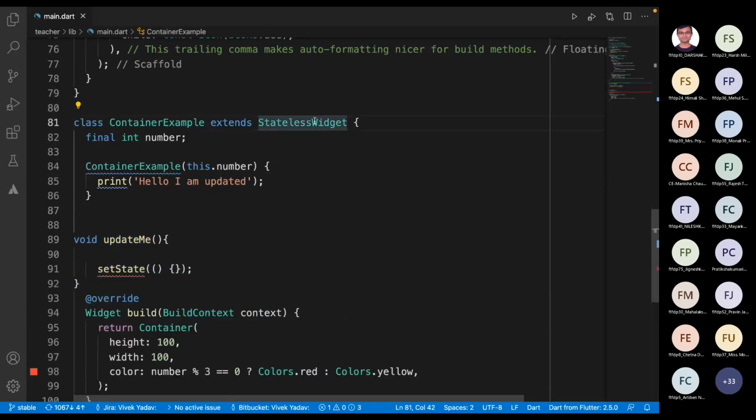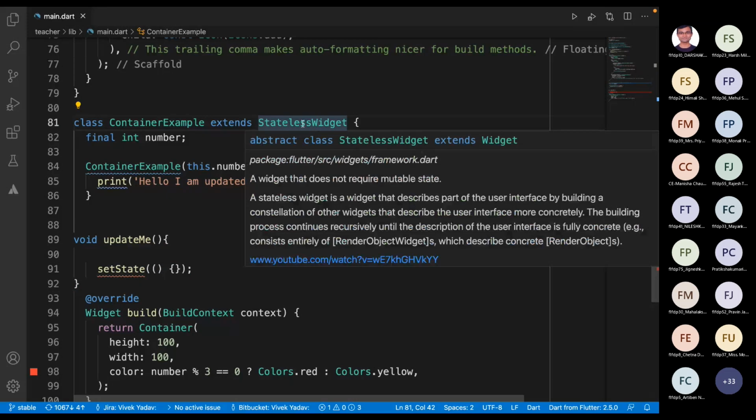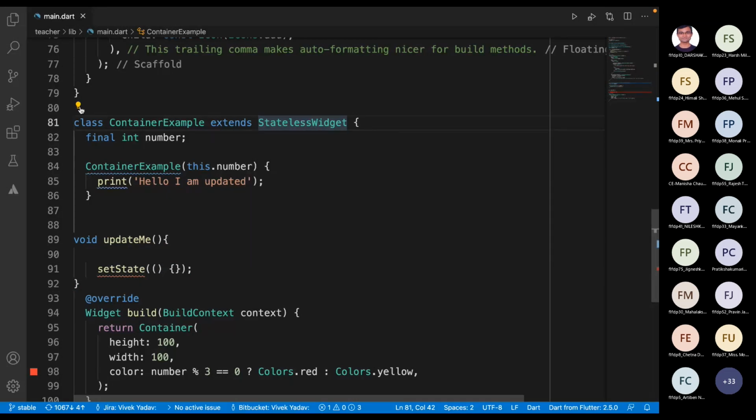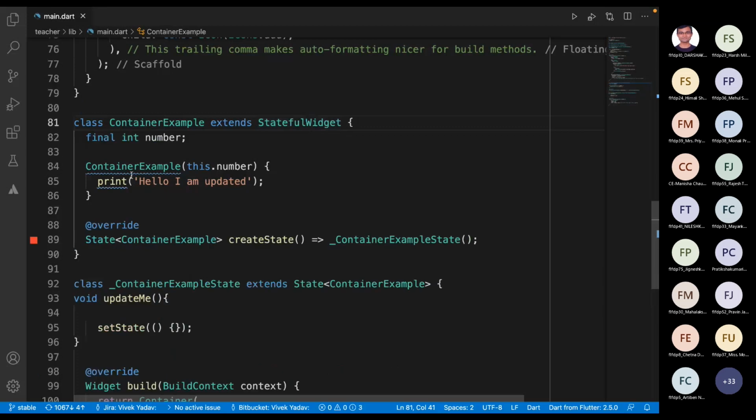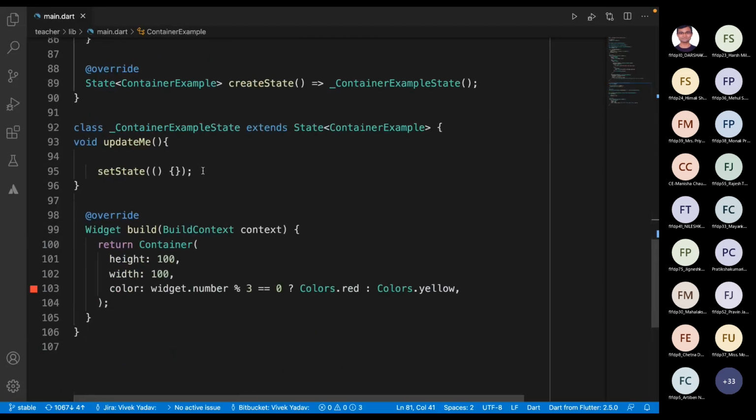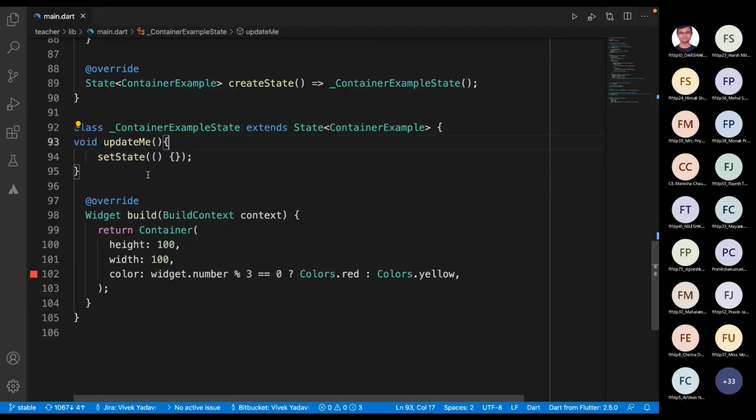If we want that setState, I have to change the stateless widget to a stateful one. And I have a shortcut for that. If I click on this and convert to stateful widget, as soon as it is converted, we can see that I got this setState here and it is not showing me an error. That means the stateful classes have this setState method, but stateless classes don't have the setState method.